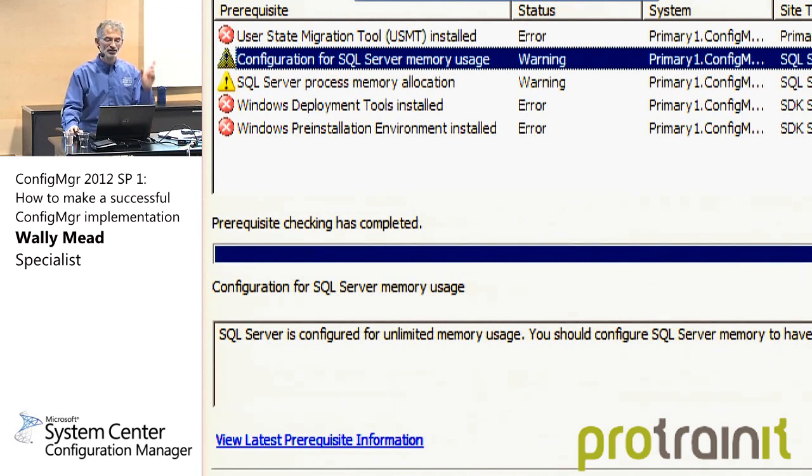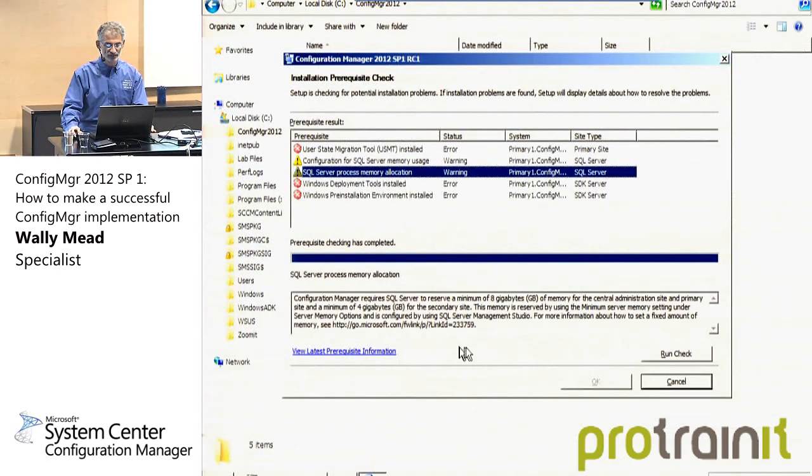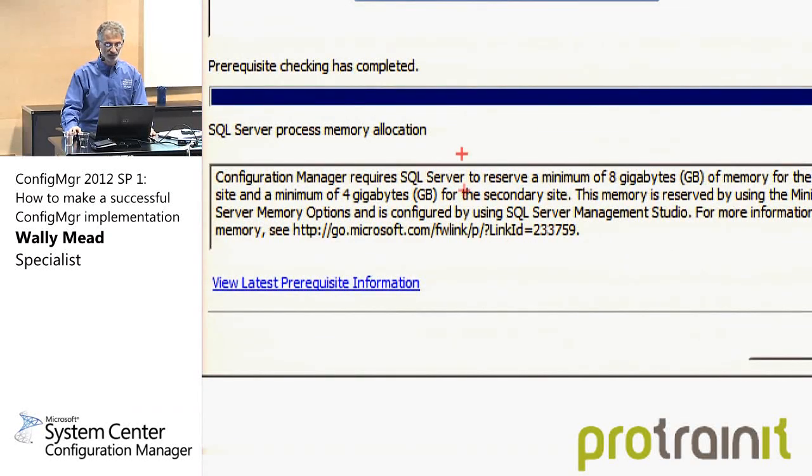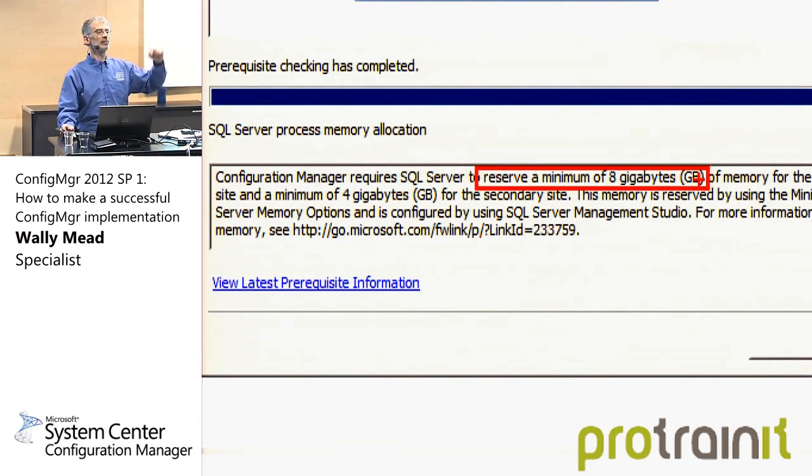The second one, SQL Server process memory allocation. If I zoom out and click that one and then zoom back in for you, it's a big one so you won't be able to see all the text. But basically it's saying that we want SQL Server to be capped at a specific amount of memory, a max amount it can take without taking up everything. But we also want it to have a minimum of 8 gigabytes of RAM. So we want you to be between 8 and something below your maximum amount of memory in your server, which generally we tell you like 12, 16 gigabytes of RAM is a great amount for a site server if you're